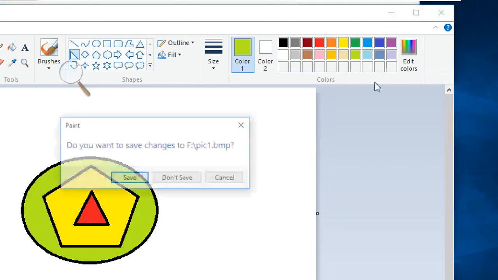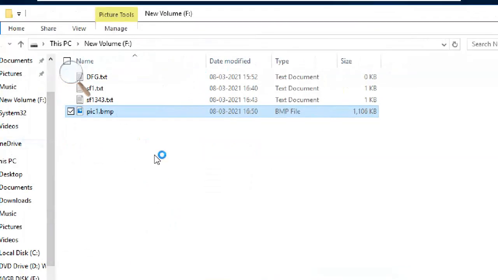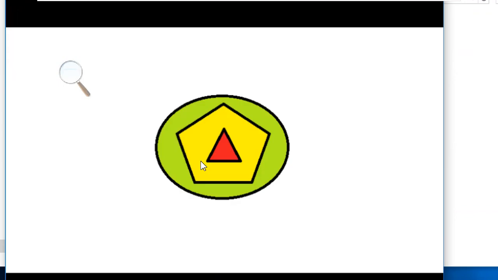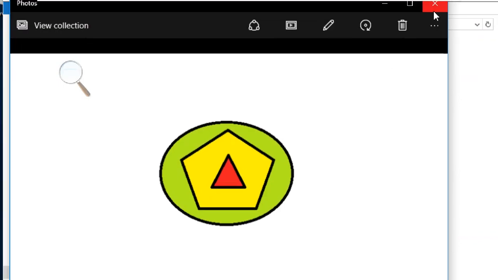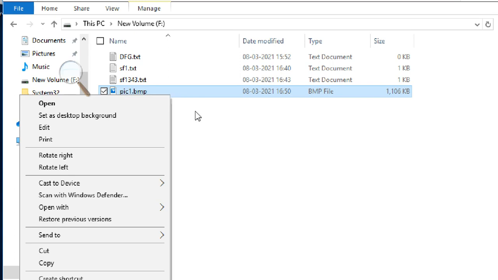That is enough. Close, save. So that is a picture, right? You can see the picture by a normal photo viewer. I have a picture. Some picture, like you can put your name. No problem. You can write your name. Don't show all your Pictionary kind of thing. Just put some symbol. That's enough.